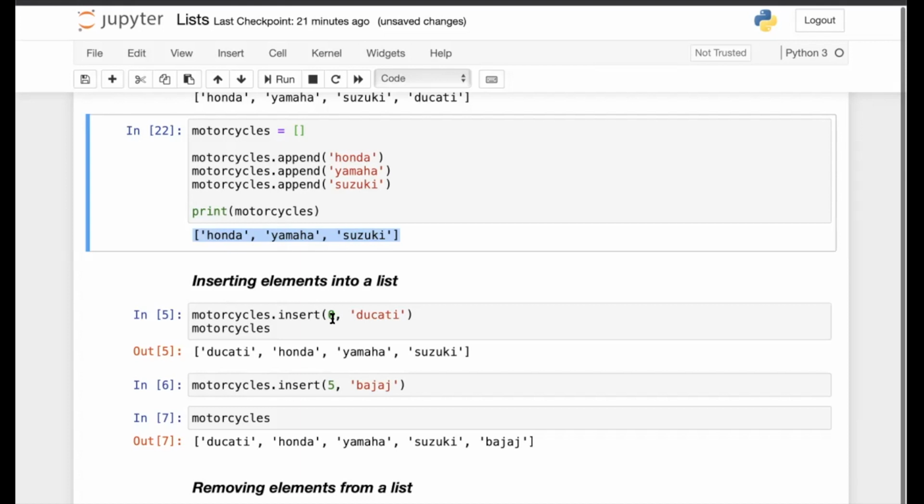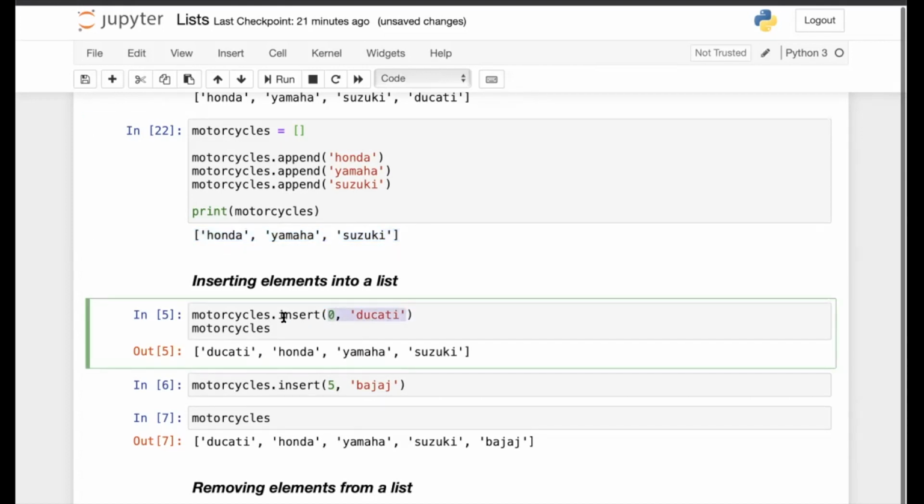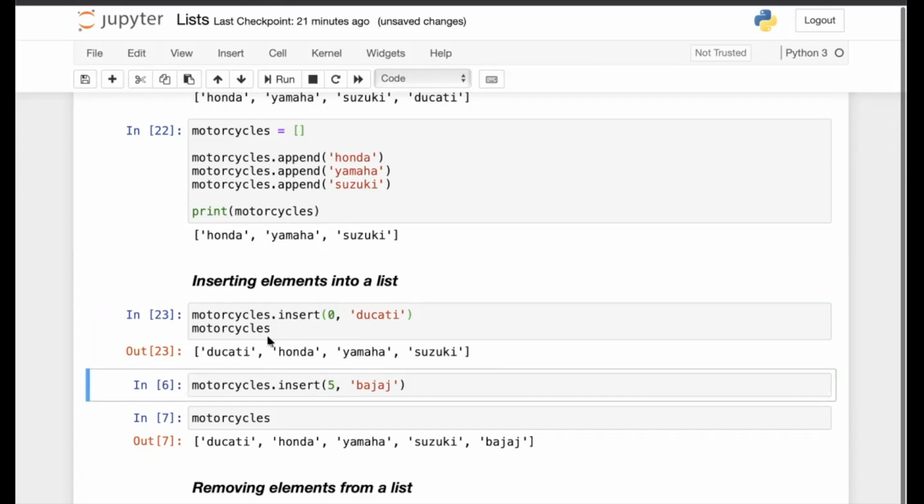So at the beginning I want to add, and the item that I want to add is Ducati. So motorcycles dot insert, and these two elements are passed as the arguments. Then I print this list. So Ducati is added at the beginning of the list because the index was 0.